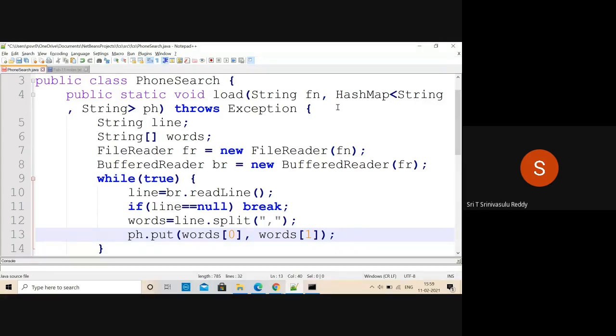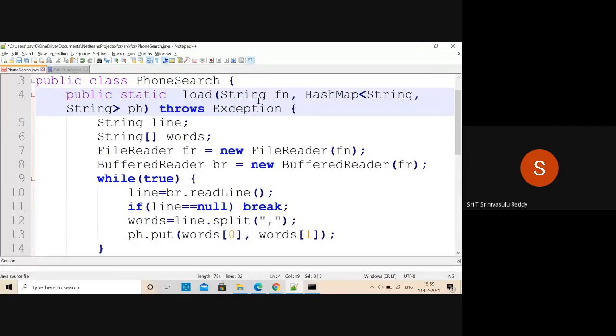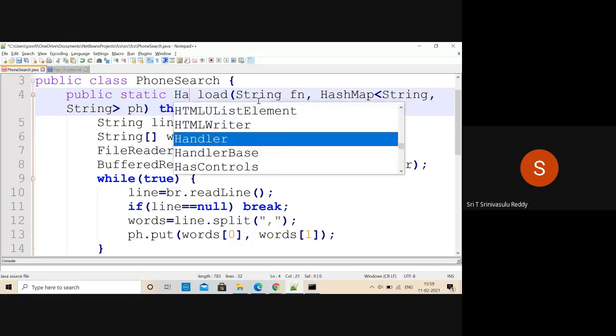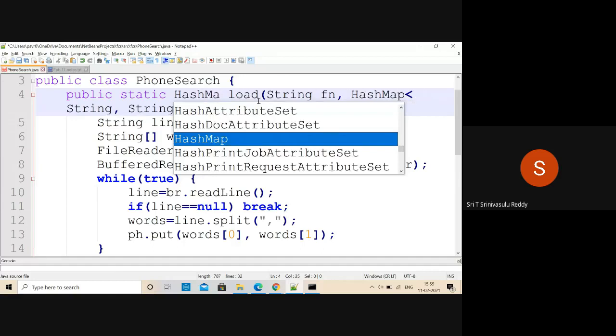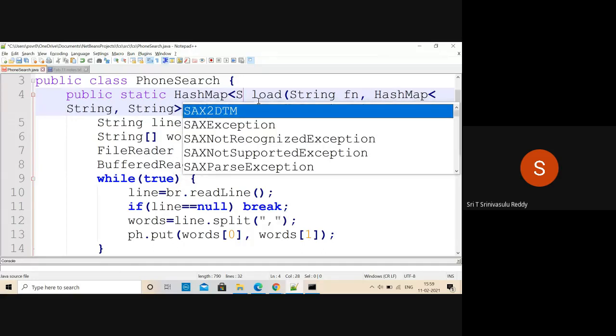In fact, I want to change the signature of this for a better purpose. Instead of passing a parameter, I will make the load method return the HashMap of String, comma, String.